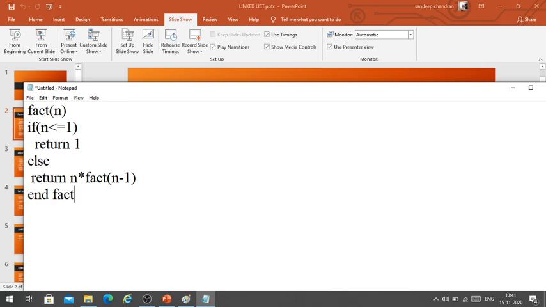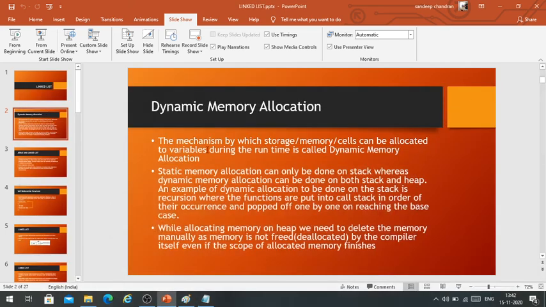So this is a function. Whenever I'm calling factorial of 5, I'll check the condition: n is not less than or equal to 1, so this condition should execute. So we are going to call 5 into factorial of 4. That is, factorial of 4 should be called. At this point, what happens to the factorial of 5 program? Some memory will be allotted for executing this program, and that information will be stored in the stack. That will be allocated dynamically. So for that, we use actually